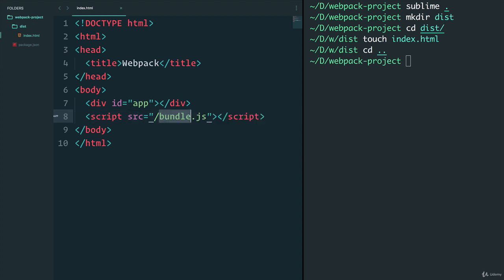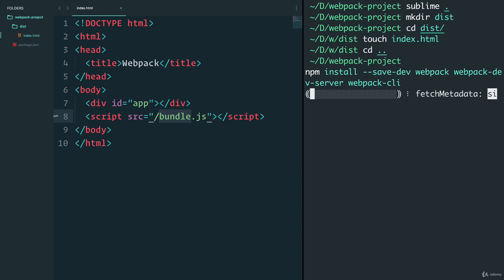We can do npm install. And because these are for development purposes, we can just say --save-dev. And within here, we're going to install webpack, the webpack-dev-server, so we can actually test out our project locally. And then finally, the webpack-cli. Let's install this. And while this is